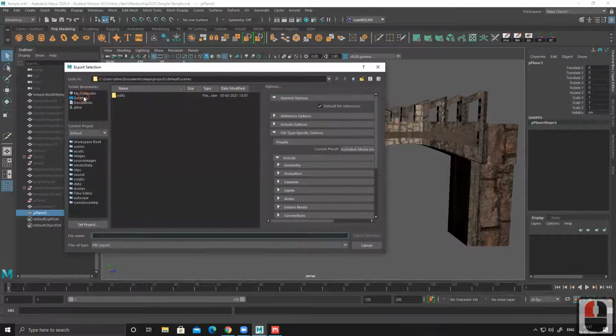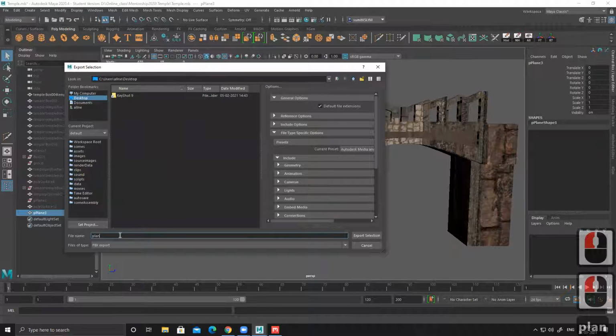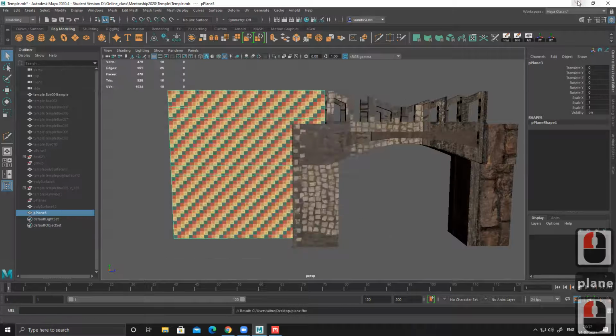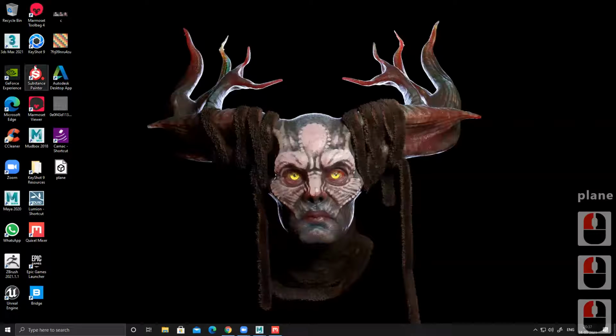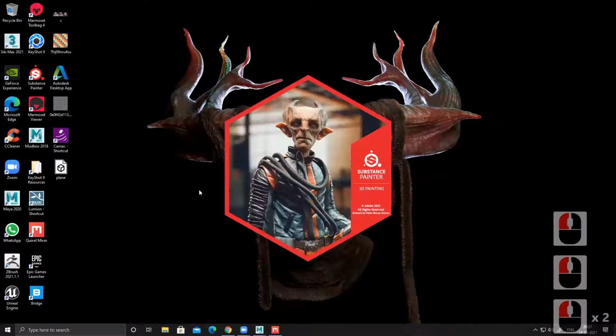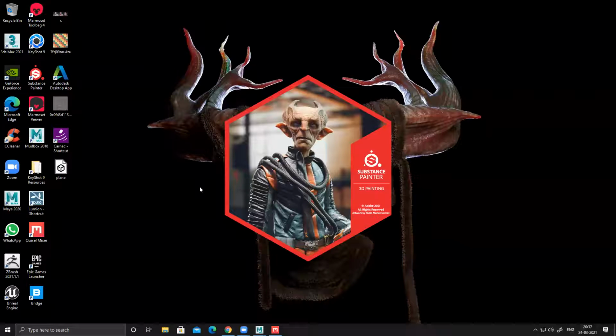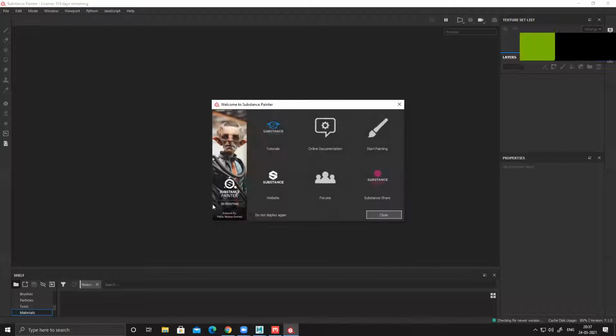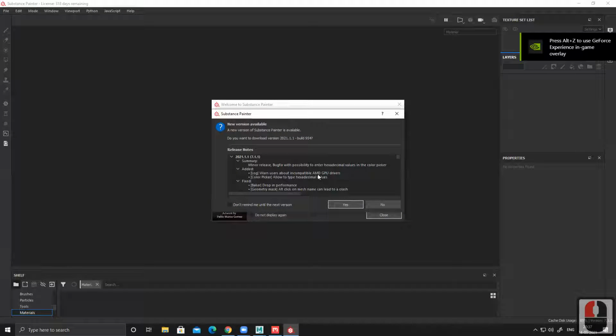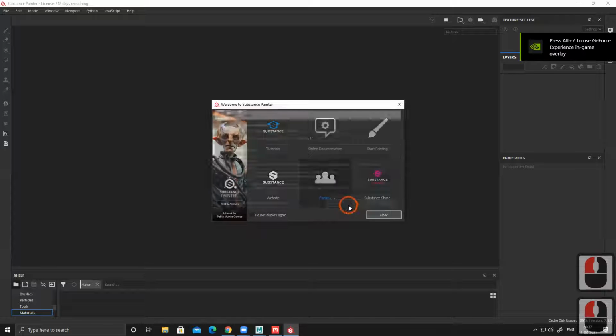Export selection to desktop. This is my plane. Selected, done, and go to Substance. Let it open. There's a new update. Okay, update.